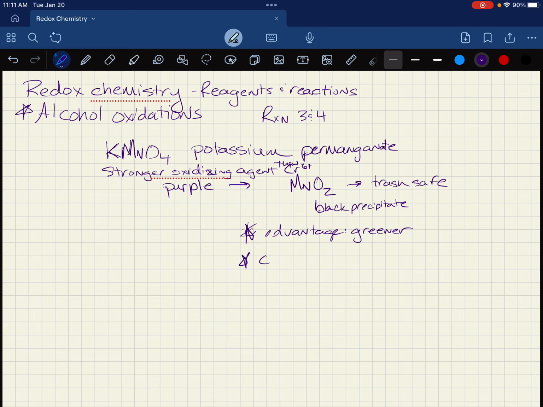So the con here, so this is the pro, is that it's greener and safer. I will say that you still don't want to touch potassium permanganate. It is a very strong oxidizing agent. But the con is that it is less selective than chromium 6. And when I say less selective, what I mean is that it's going to react with more functional groups. So in addition to oxidizing alcohols, so it will oxidize alcohols,